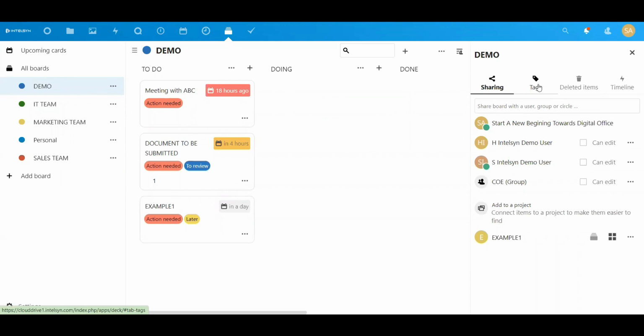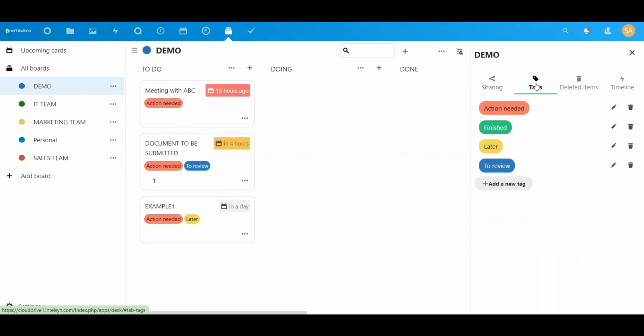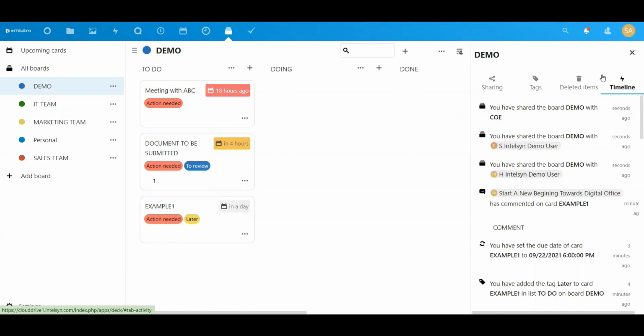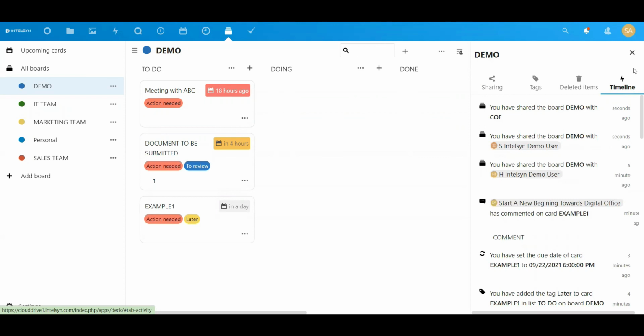You can add the tags. Here you can add the tags. It's not just that you can add the tags here, but you can add new tags as well. You can delete items, you can delete the list, or you can even delete the cards. Then the timeline is where you can find the full activity, what has taken place.